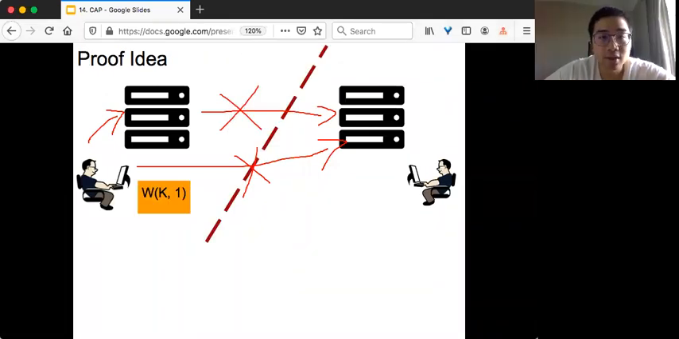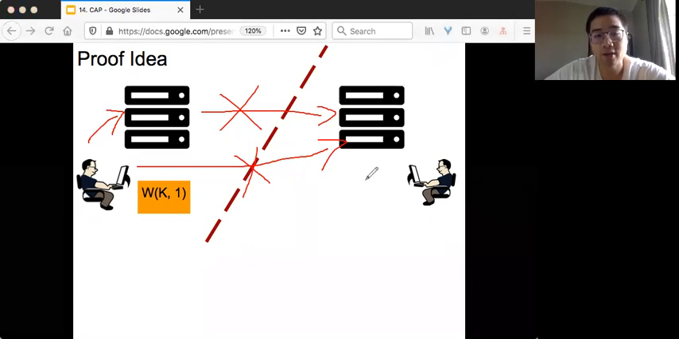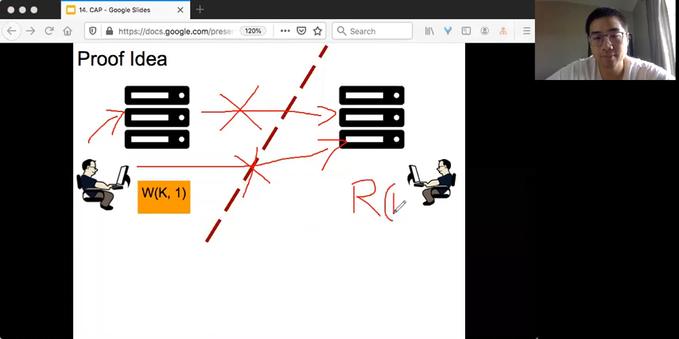suppose the client on the right-hand side does a read on key K. Okay. Then because the messages are lost, you don't have any communication from the left-hand side to the right-hand side, or from the right-hand side to the left-hand side. So that's partition tolerance. But because our system wants to tolerate this kind of partition, now let's look at